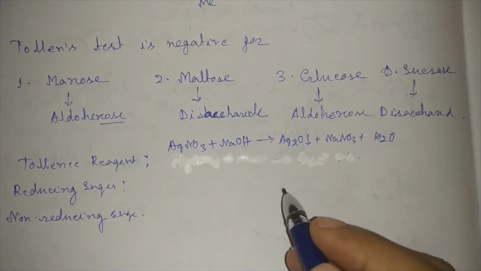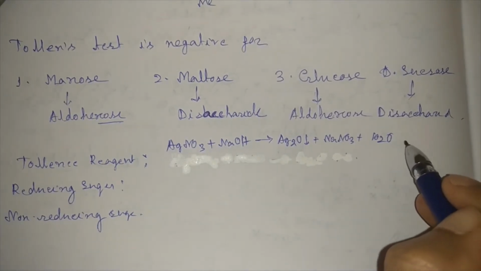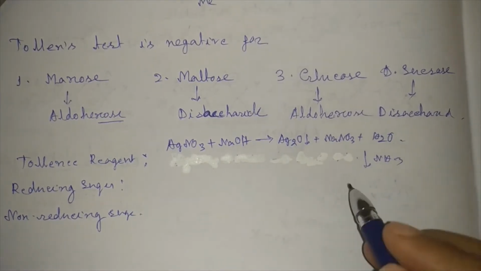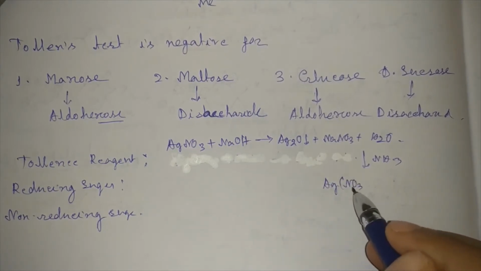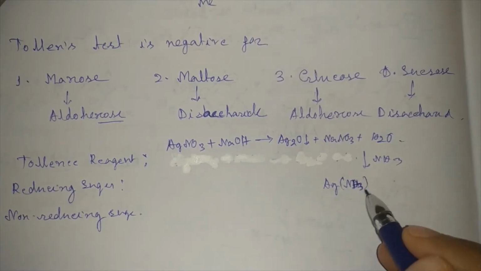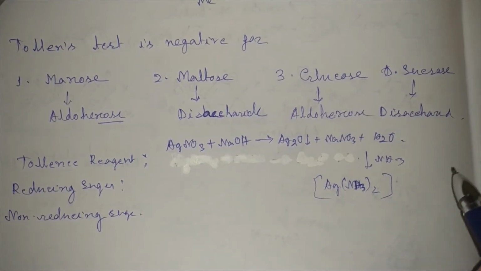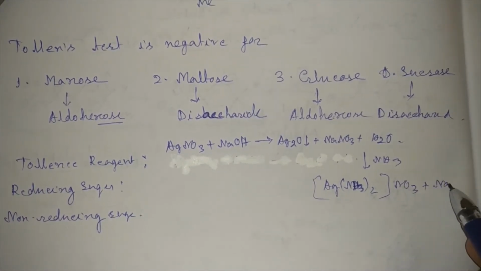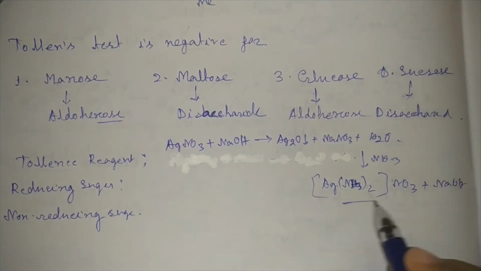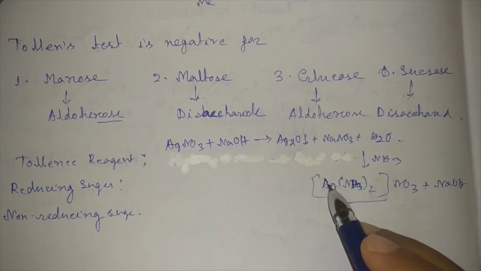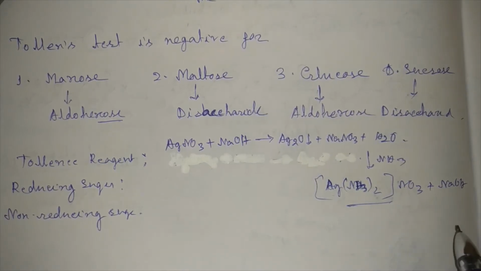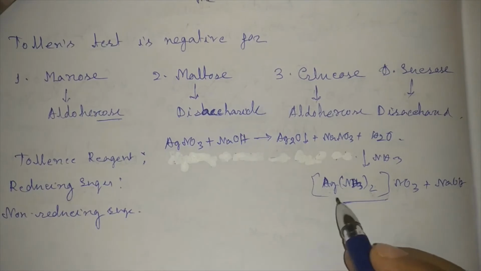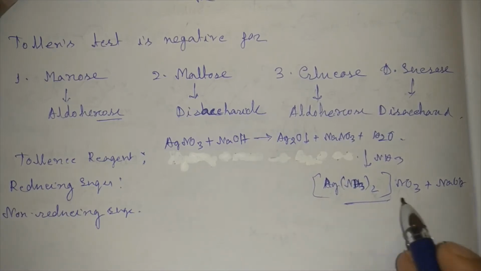This is not a balanced equation, and if NH3 is added into this solution, then Ag2O precipitates will dissolve and Ag(NH3)2 NO3 plus NaOH will be formed. Now this coordination compound Ag(NH3)2 plus will participate in reaction. It is an oxidizing agent as silver is in +1 state, and it will oxidize the aldehyde group into carboxylic acid group. The general reaction is